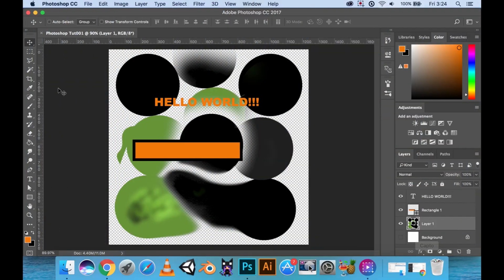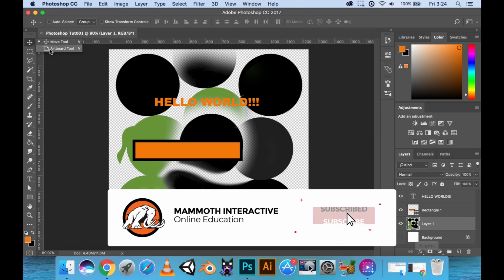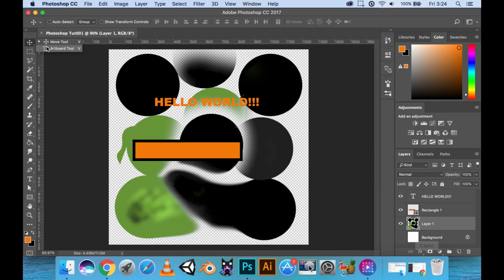Okay, now that I've shown you the basics of all the default tools in Photoshop, let's go into their secondary options, and I'll explain things there. Now, as you can see under the Remove Tool, there is the Artboard Tool,